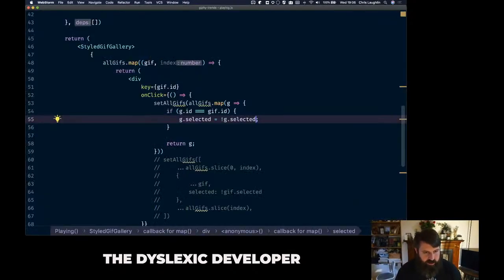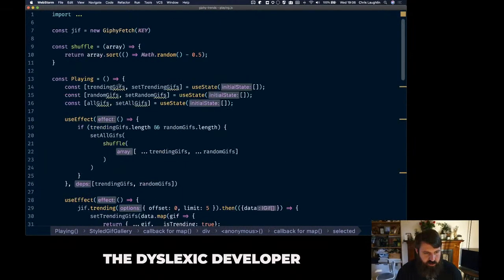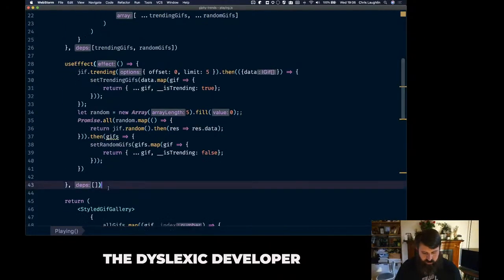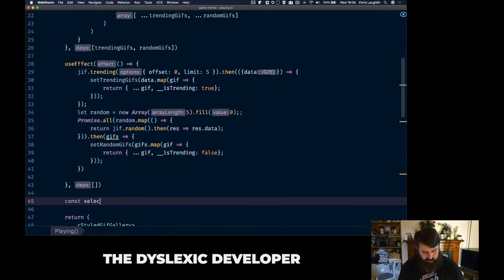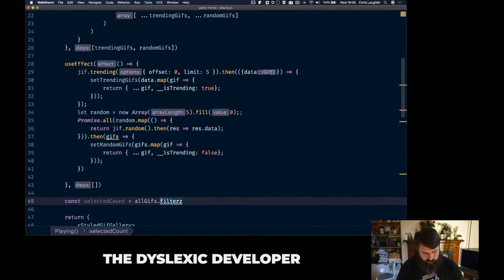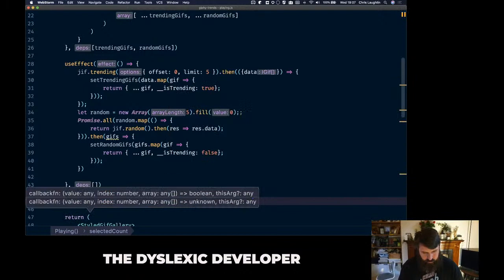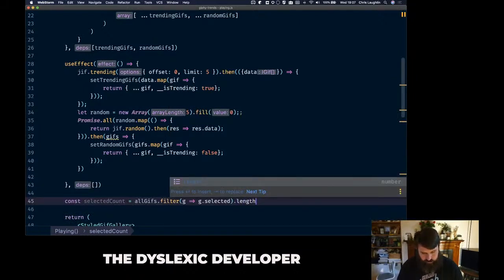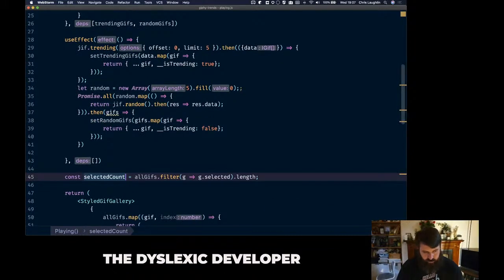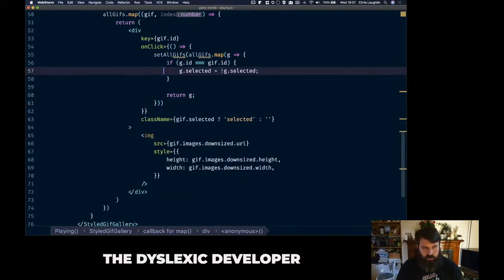I want to keep a wee tally, so we only want to allow them to select 5. So I'm going to create some constants. I'm going to say const selected count equals all GIFs dot filter. It's going to be g dot selected dot length. So we're going to filter on that. So that's going to be our count of how many are selected. We're going to say,